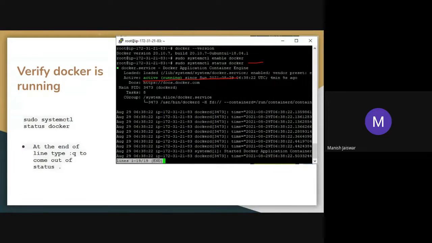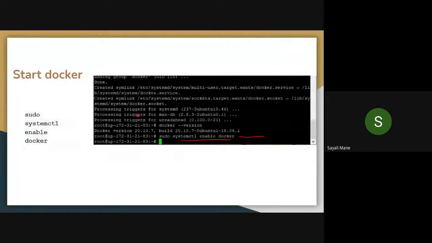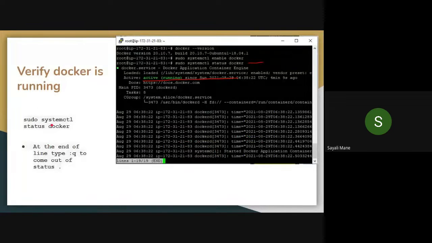Ma'am, we have to run the enable one also or not? What enable? Two commands? No, see this one. First type this command: sudo systemctl enable docker. Then later type this command. See, both commands are written over here.